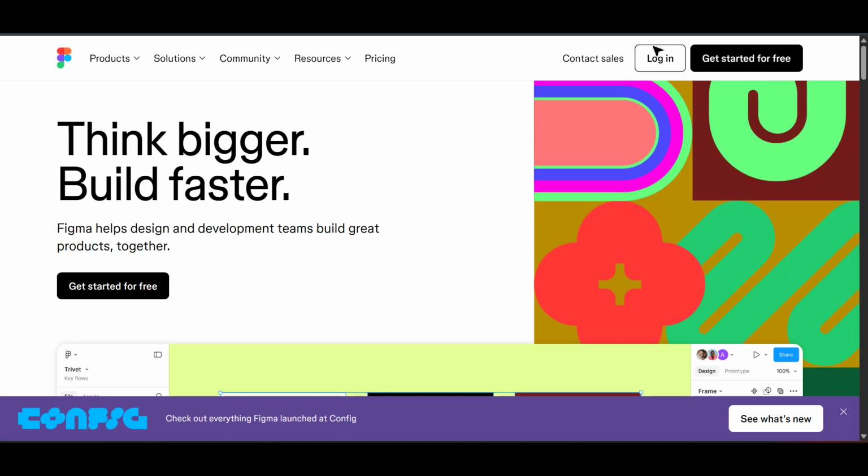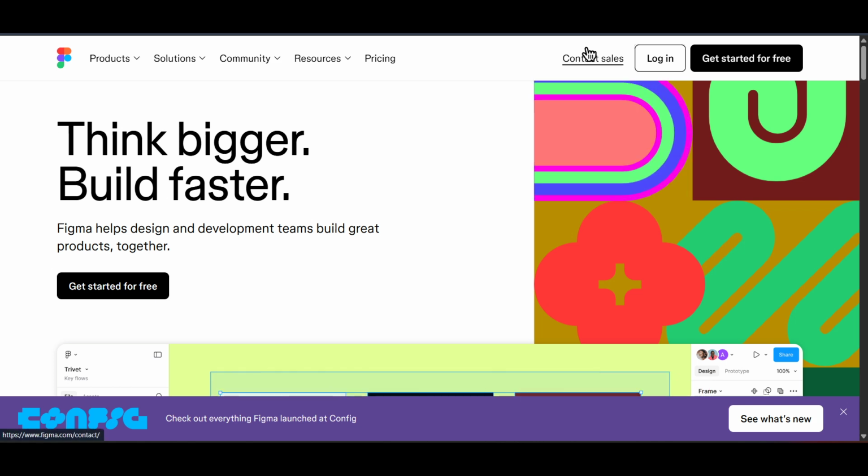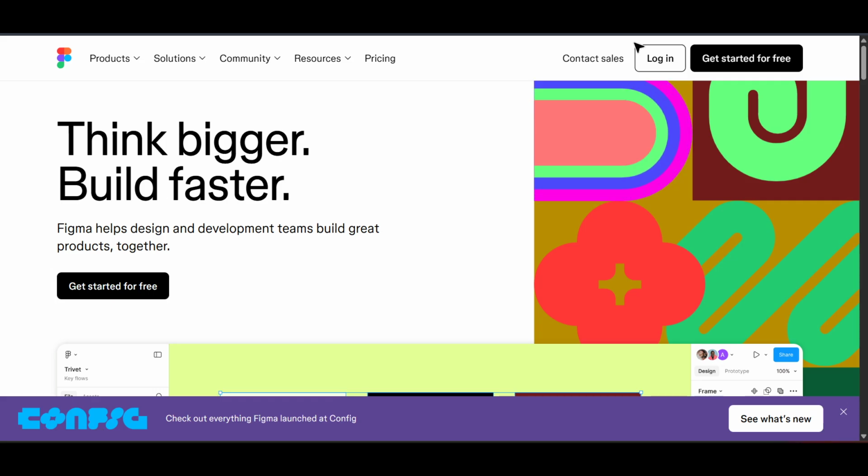Let's dive right in. First, head over to Figma's website. If you aren't logged in yet, now would be a good time to do so. Simply click on the login button at the top right of your screen. This will require your usual credentials, so make sure you have them handy. Once you're logged in, you're taken to the Figma homepage, a hub for all your design activities, recent files, and